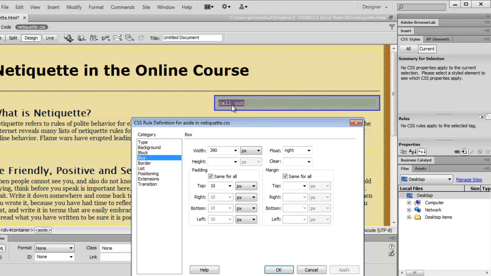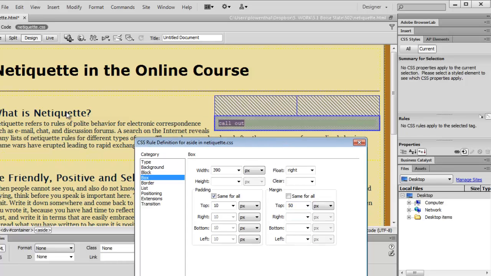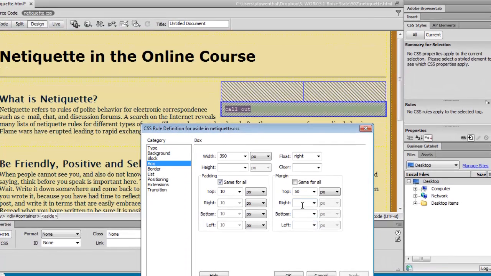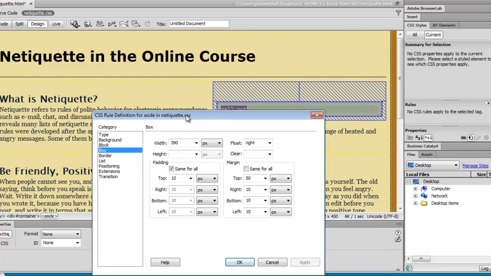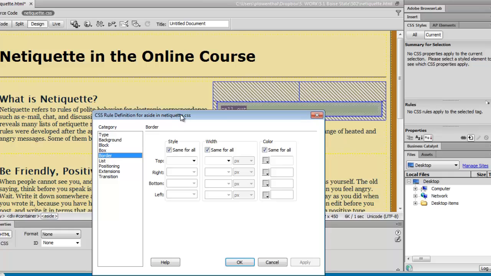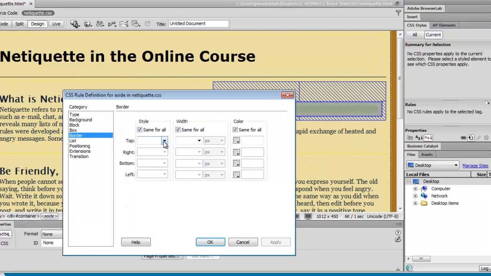And depending on where I want it to be in the page, I could always use my margins to focus where it shows up. So you see how that forced it down to almost align with Netiquette. I could play with that some and try to get it just right. But for now, that would work. And then I could still add some white space around it to make sure that the text that's next to it's not too close. So there that goes. Now I'm going to focus on the border. One of the things we wanted to show in the example is how you can change your border, really add a different effect here. And so in this case, I'm going to do